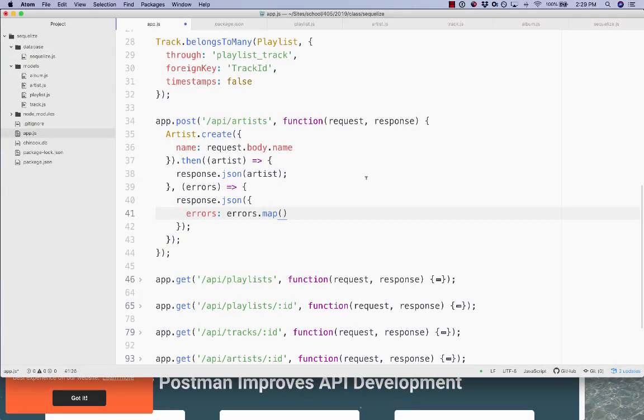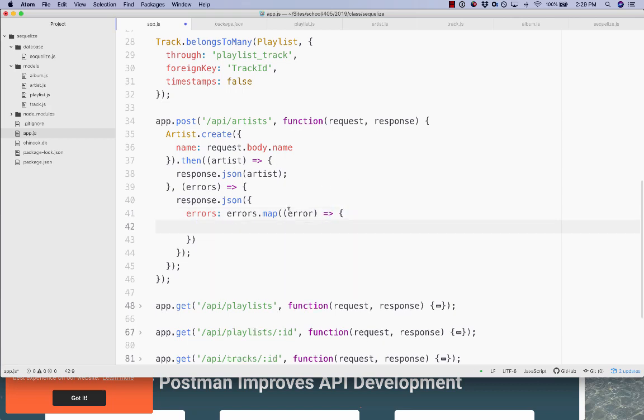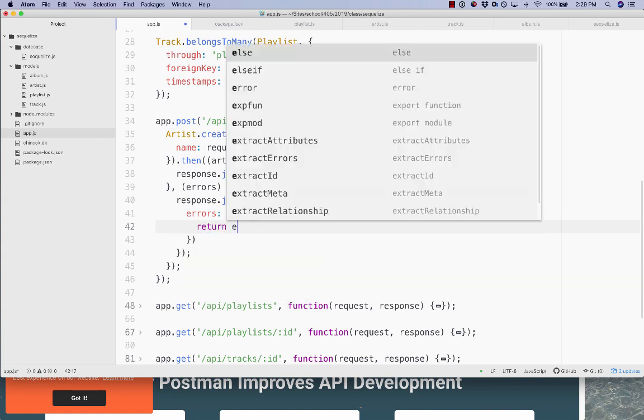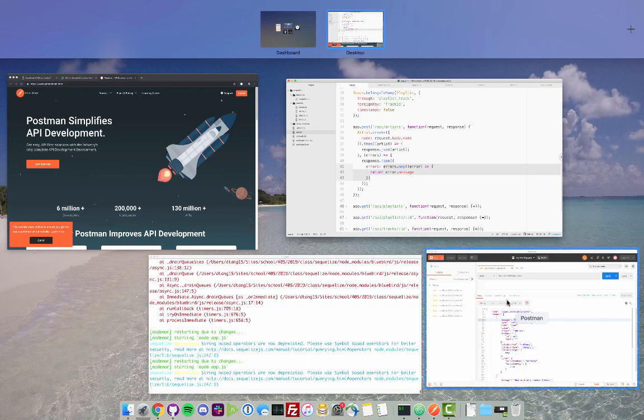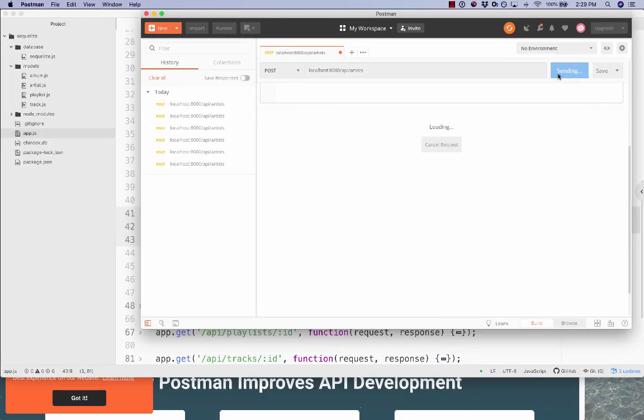So this will essentially loop through it, and each item will be represented as this variable error, and I can say return error.message. So errors here will be a key in the payload that contains a new array just of the messages. So if I go back and resend,